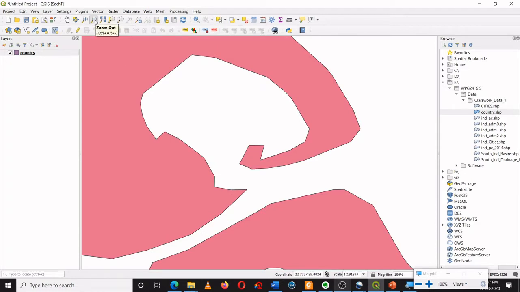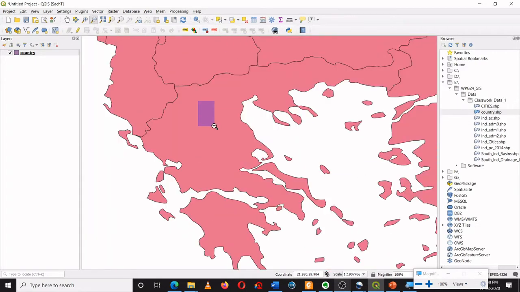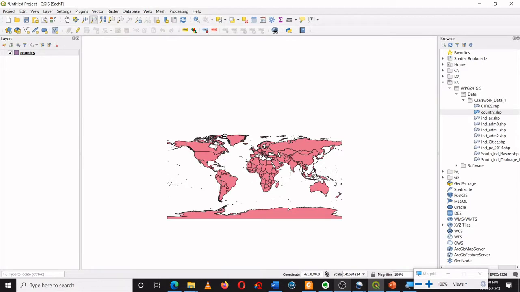The option is available over here, zoom out. The moment you hover your mouse, you can see the function of that tool. I can zoom out. Similarly, I can zoom out.